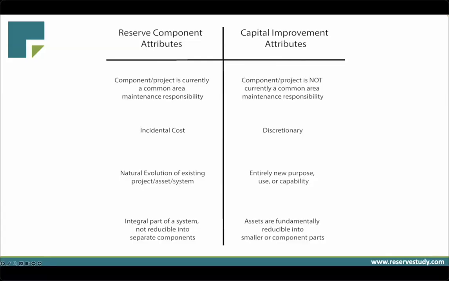So for example, let's just say a client in a property, they want to add a hot tub to their property, right? Just the way I look at this, I'm like, hey, it's a patio home villa. They've got a common space in the center of their development, and they want to add a hot tub. Which is it? Is it a reserve component or is it a capital improvement? Meaning, can they spend money from reserves that they already have in their reserve account, or do they need a special assessment to cover this cost, right? Which will it be? Well, let's just go through the matrix, right?